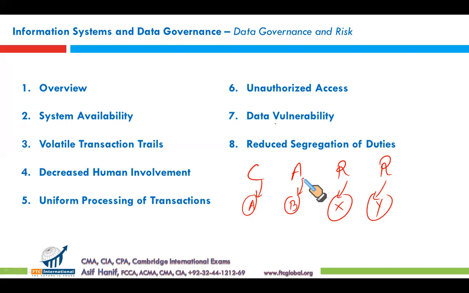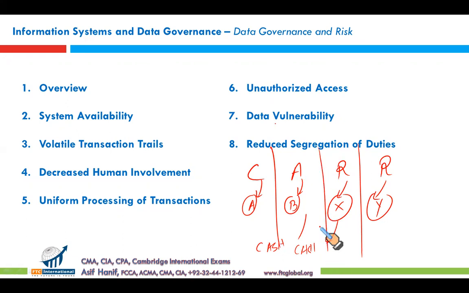We can segregate individuals. What about an IT system? Sometimes a single person on a computer system has cash with him. He is the one who is authorized to spend it. He is the one who also has record keeping in the information system. And maybe he's not the one reconciling. So sometimes the segregation function is compromised in IT systems. In an information system, we cannot put boundaries the way we can in the physical world. Such distinction will be hard to make. So the same person who might be receiving cash might be preparing the deposit slip, and might be making journal entries in a computer system.